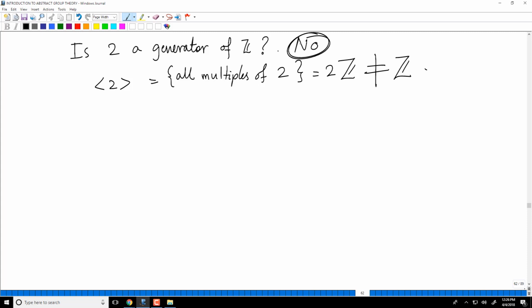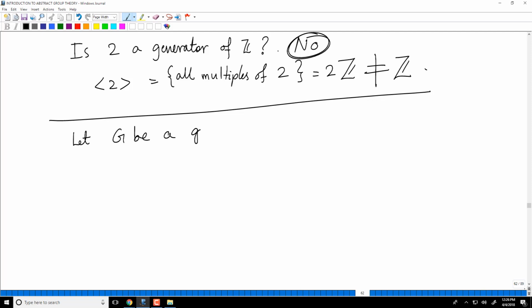Okay, so now some more notation here. Let us now go back to a general situation. Let G be a group and let A be an element of it.